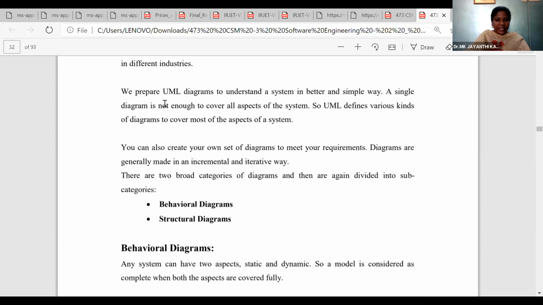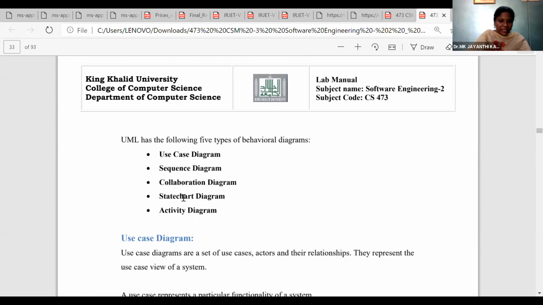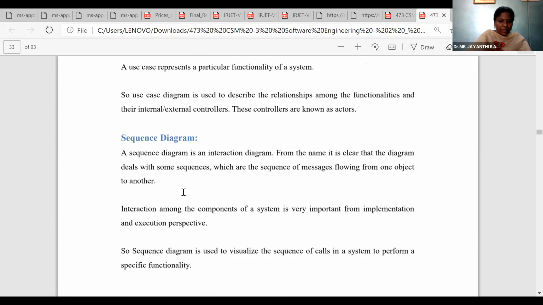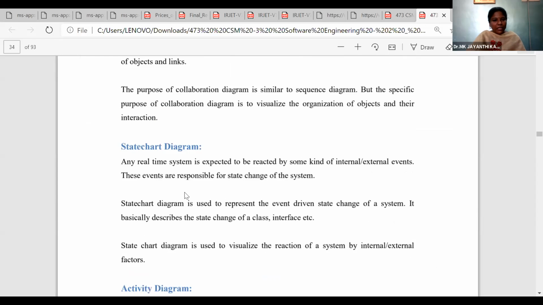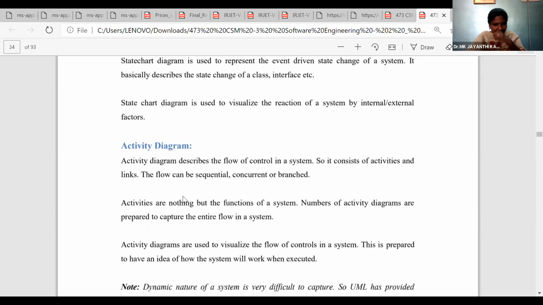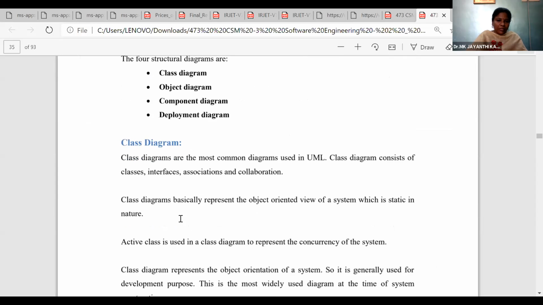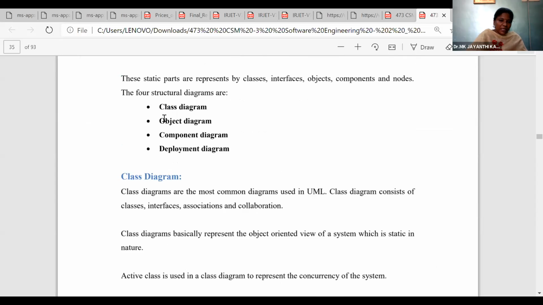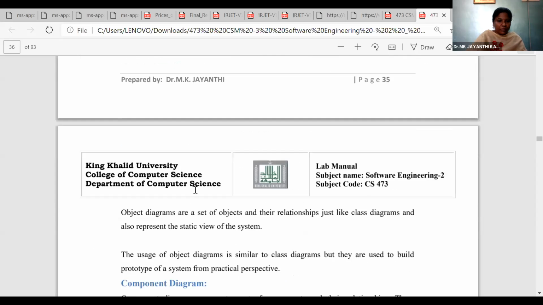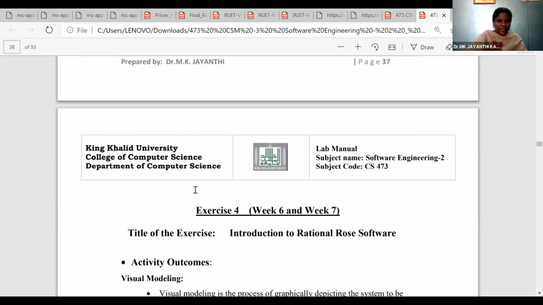You take the behavioral diagrams, we have behavioral diagrams like use case diagrams, sequence diagrams. These are the behavioral diagrams. So each one is having its own role. There is a minor difference between each and every diagram. The state diagrams will represent the external behavior, activity diagrams will represent the internal behavior. And the structural diagrams, we saw 4 structural components like declaration part, classes, objects, component, and deployment. And in UML, we have 9 UML diagrams. So these are the basic components.